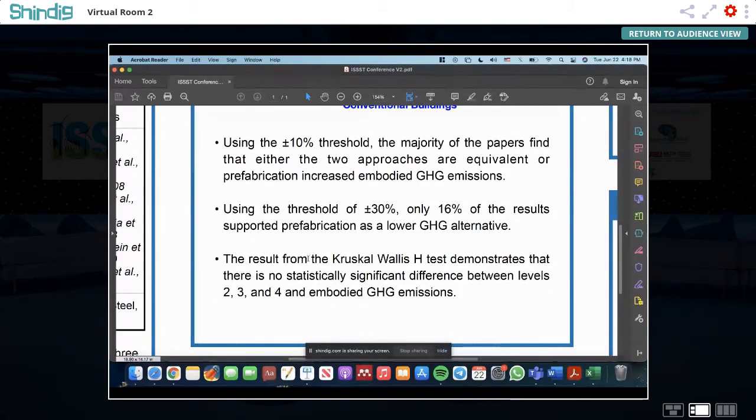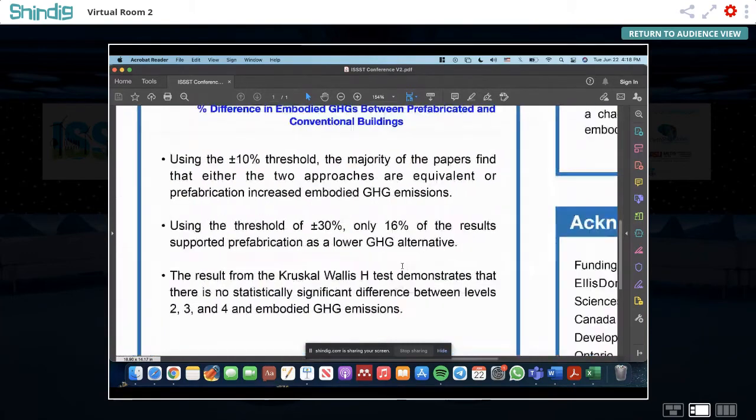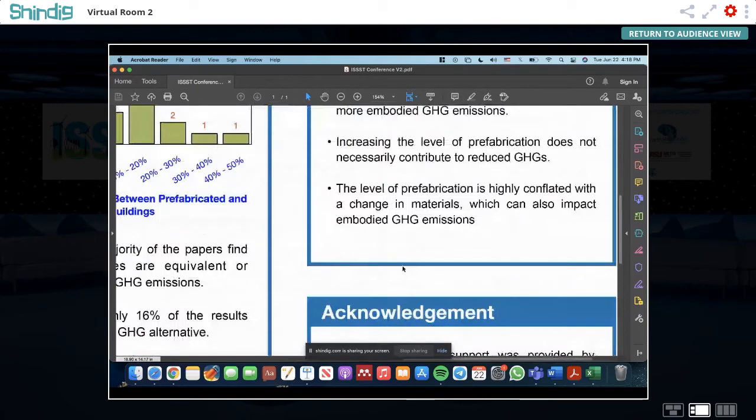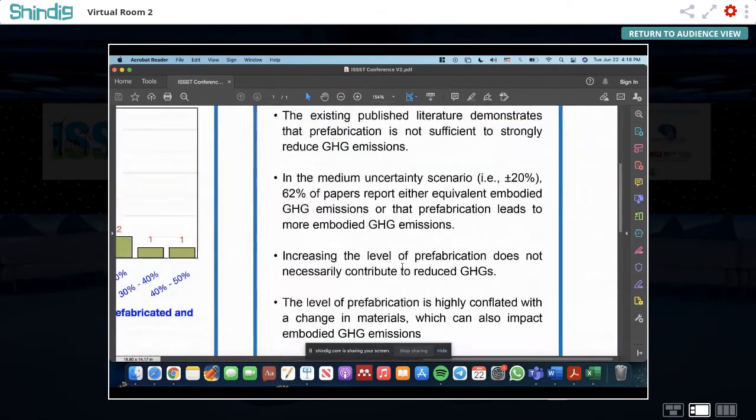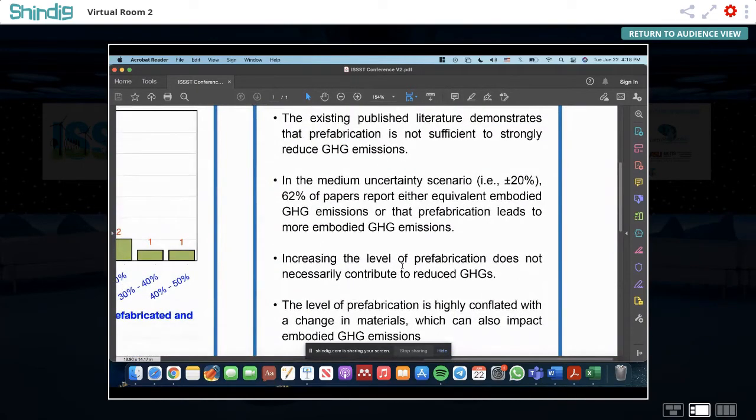And based on our statistical analysis, we found that there is no statistically significant difference between levels 2, 3, and 4, which means that we cannot say that by increasing the level of prefabrication, the GHGs will be reduced. Other studies mentioned that by increasing the level of prefab, we can get less embodied GHGs, but we found that it's not valid.